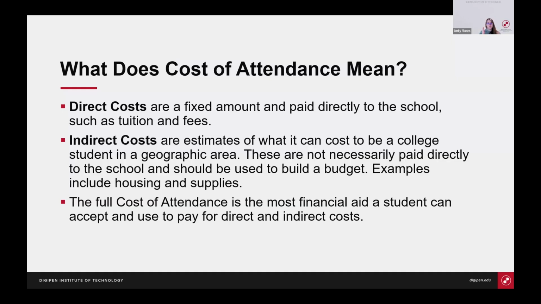And then another reason that the cost of attendance is important to understand is because it is essentially the ceiling, the limit of how much financial aid a student can be awarded for the year. So it's the most financial aid a student can accept and use to pay for these direct and indirect costs. So keep that in mind as you're planning as well. That cost of attendance limit can come into play at times depending on what forms of financial aid the student